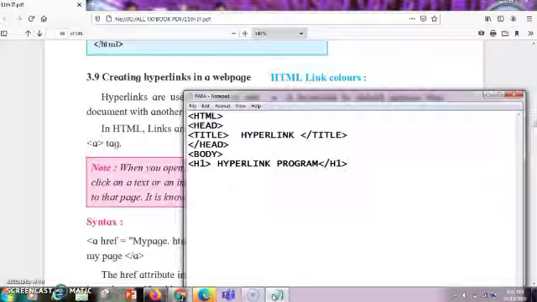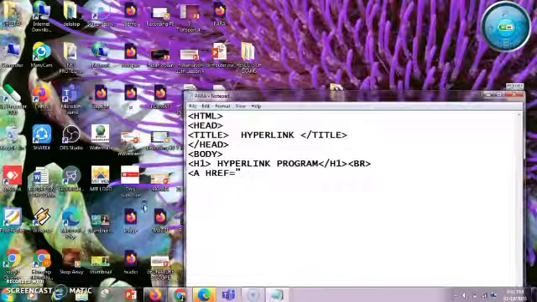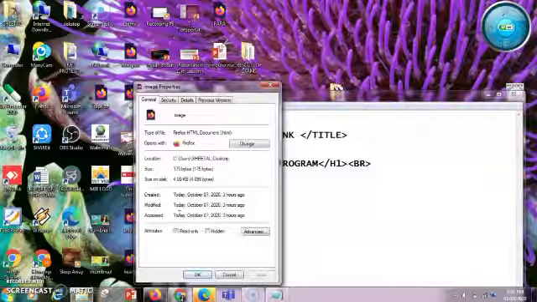Okay, so I'll break the line by using the br tag. Now I'm going to use a hyperlink tag and I'll give the address in href. Now if I want to connect, I have many HTML programs on my desktop. So I'll take an image program, go into the properties and see the name of it. It is image.html.